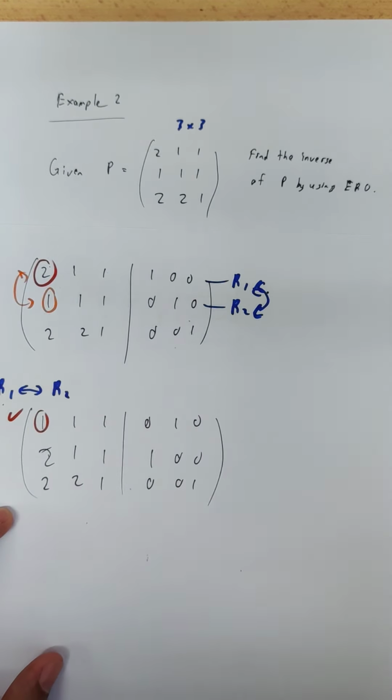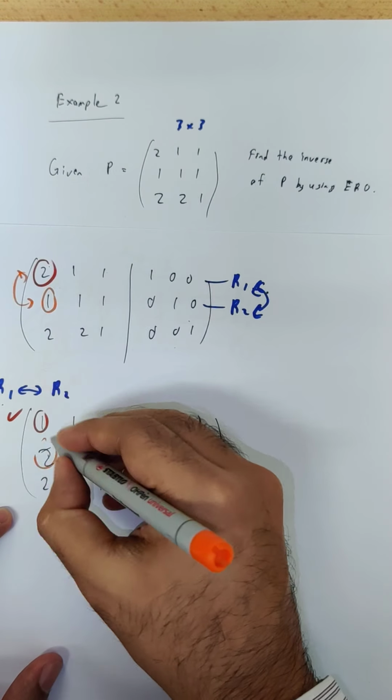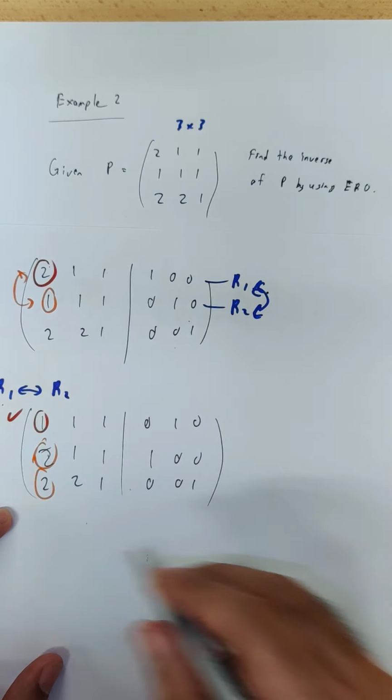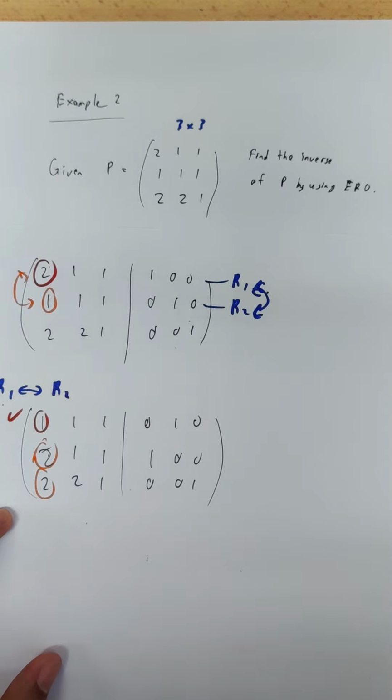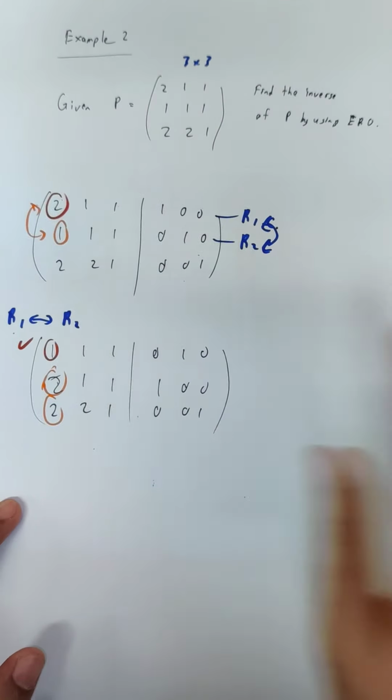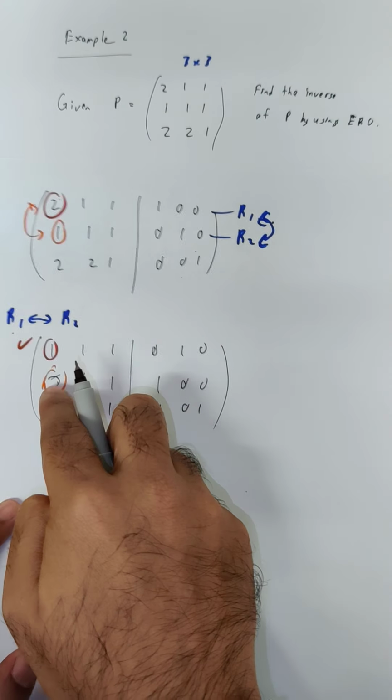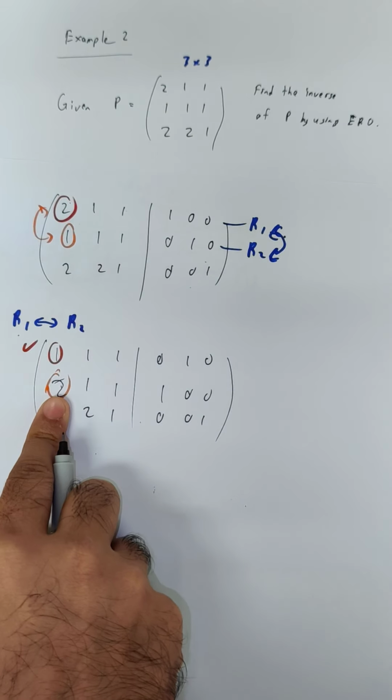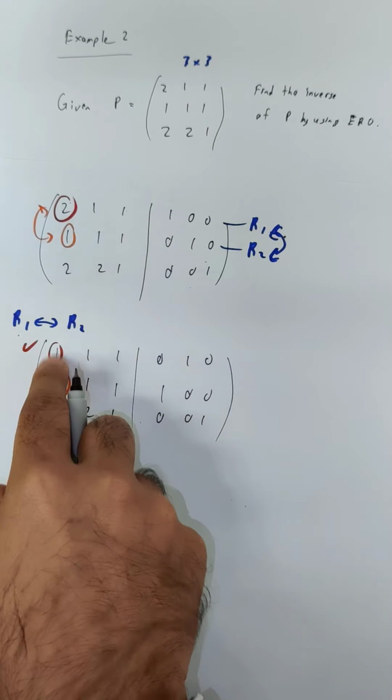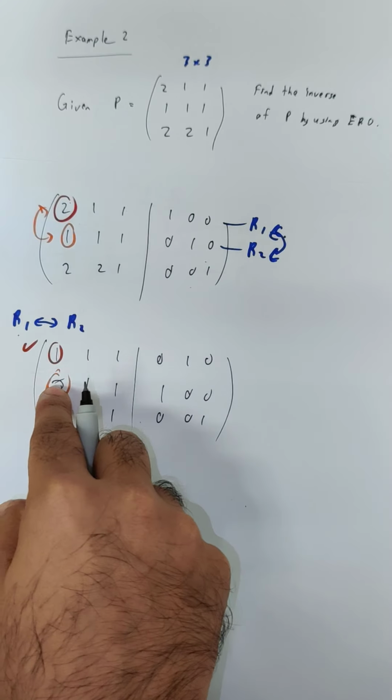The next thing you would like to do is to make these two into 0. You can do it slowly, but what I mean by that is this. Okay, never mind, let's go first. So let's start with this 2. How do we make this 2 into 0? We use row 1 to attack row 2.